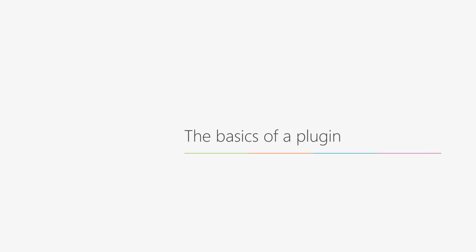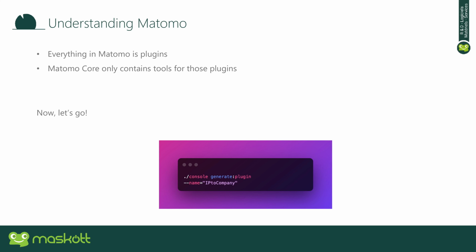So what are the basics of a plugin? The first thing to do is to understand how Matomo works in general. So you need to know that Matomo is made entirely of plugins. The core of Matomo only contains tools for those plugins, so a small collection of functions that are used by the plugins. But everything in Matomo is made of plugins, even Matomo itself, even what you use when you are having the basic setup of Matomo. So if you want to create your own plugin, you just have to run this command